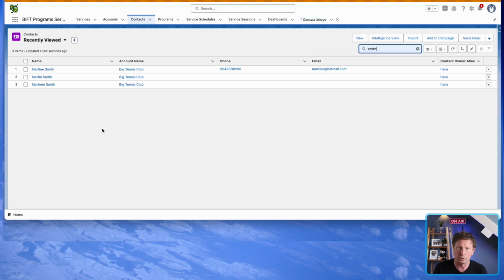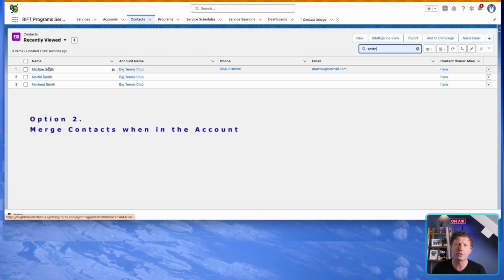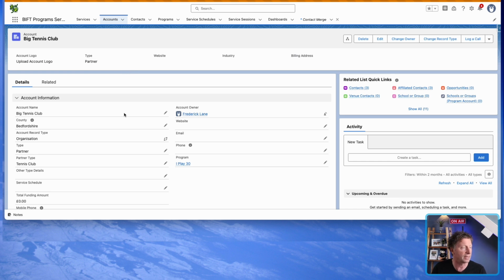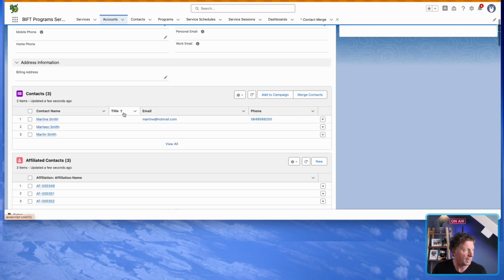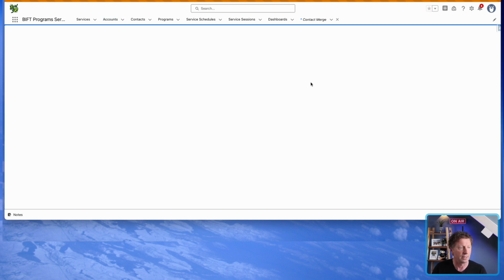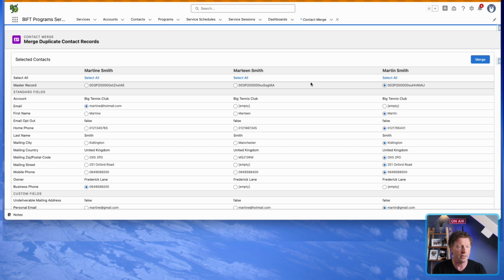So I'm going to look at option 2, and because all of these contacts are related to the same account, which is what we need when we're merging records, I simply click on the account, scroll down, and here I can see my three related contacts. This probably is the simplest method, which is option 2. And all I do is select all of them, click merge contacts, and here I now see three competing